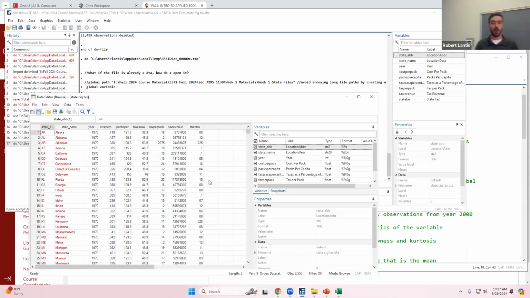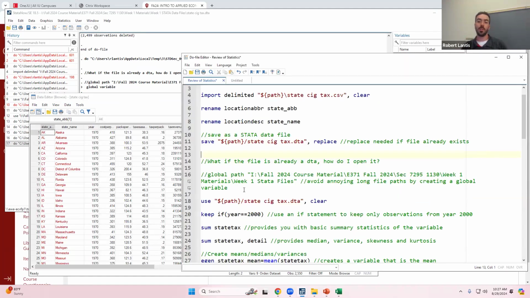I have to go all the way back to the original CSV file and save it as a DTA file. So you want to just have the original data, you want to open it, you don't want to save it a lot. Because you can always rerun the code. But if you write over the old existing data, you can't get it back. So open the data, and quite often you don't want to save it.